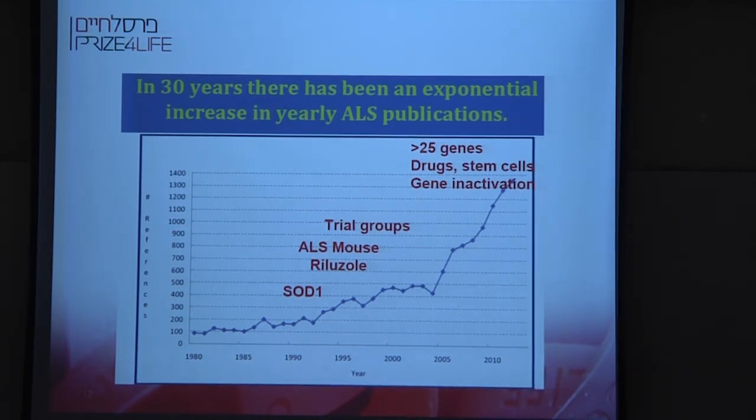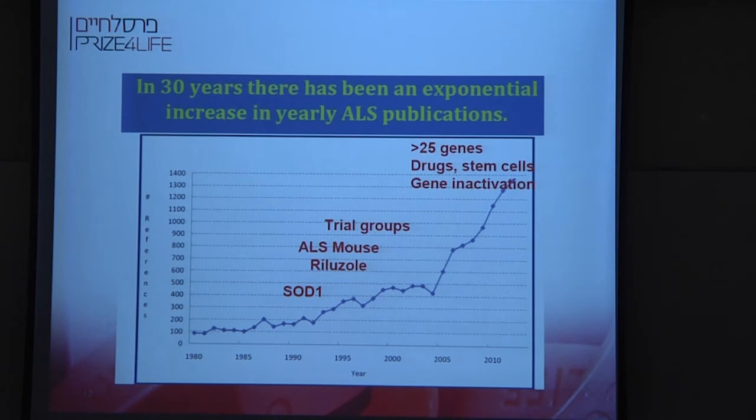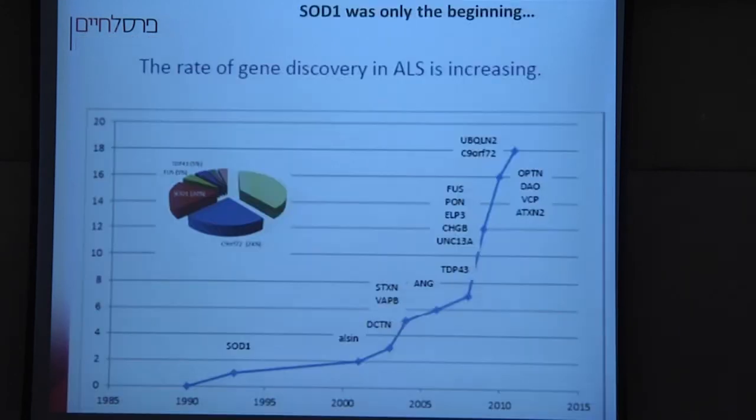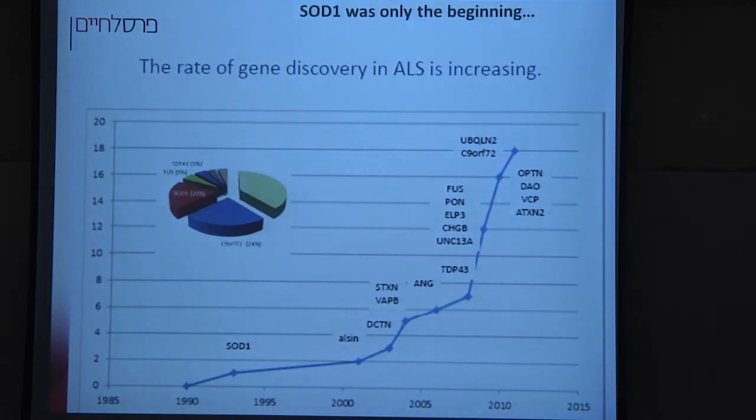No, I think this is different genes that have been identified. Yes, I'm sorry. And also you saw that so many different treatments were tested since then, and also many other mutations were identified since then. So there's been a tremendous rise in the amount of research being done on ALS. And this led to a lot of trials by a lot of drug companies.